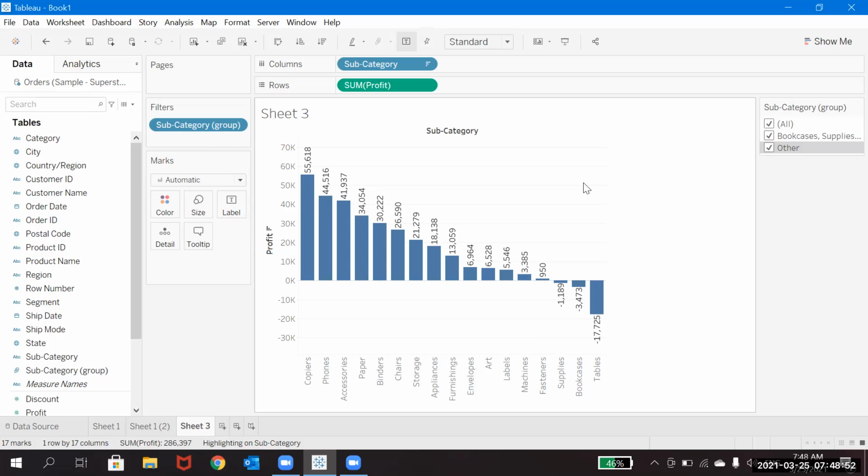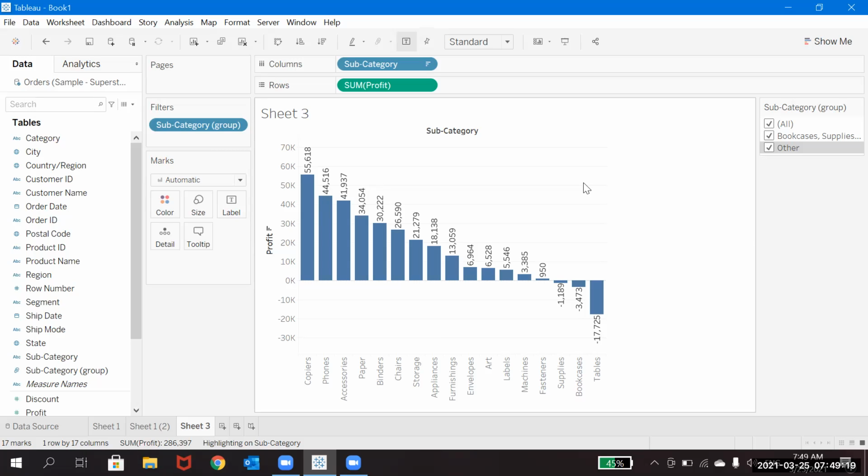So let's say I tell you, hey, can you create a bar chart for the customers we have here, and sort it from largest to smallest values showing the sales.